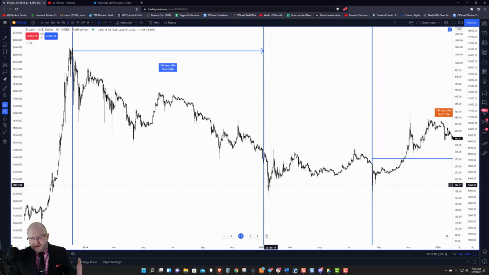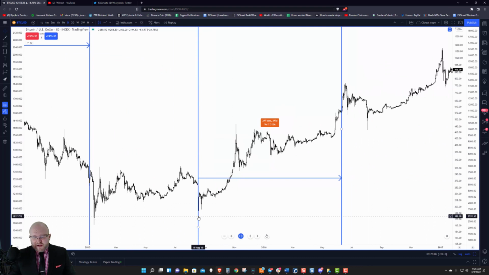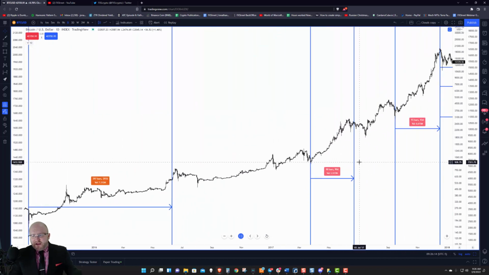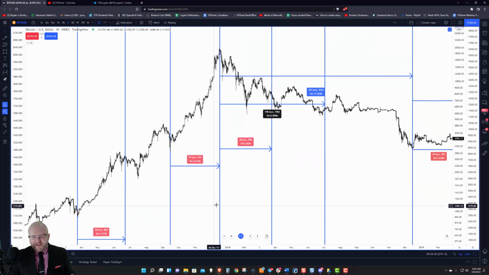Does it identify the extreme low? No. Is it pretty close? Yes. Then you have another cycle from the swing low down here in 2015. 297 days, that's part of the 270-day cycle, very close to that swing high. And then when you just build it off looking at different 90-day cycles, there's a fairly high chance that Bitcoin